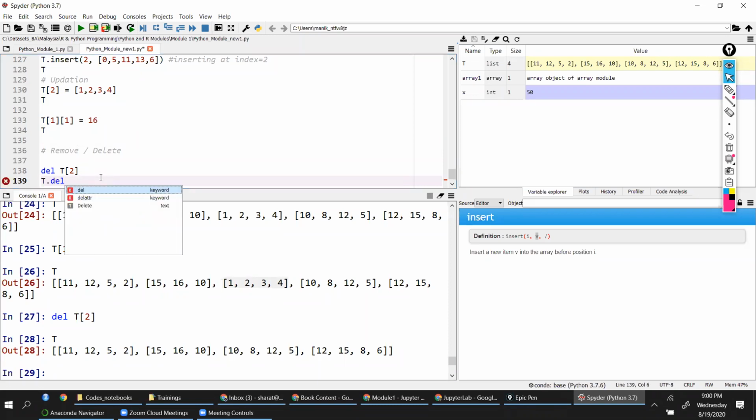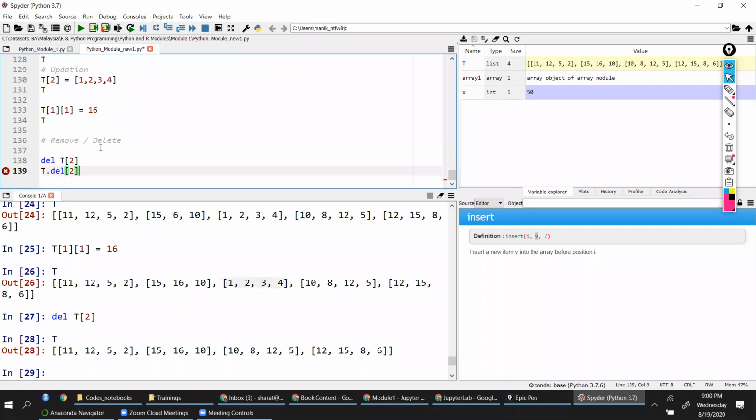T dot del of 2. Will this work? No, this is a syntax error. Invalid syntax. T dot delete will remove the entire T.